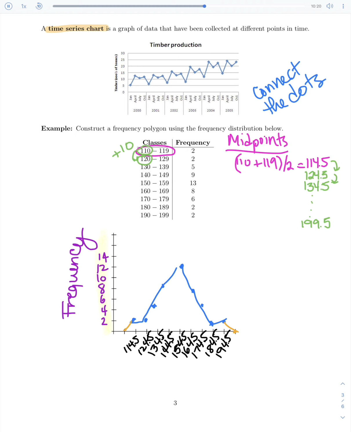The only difference would be if they wanted a relative frequency polygon instead of a frequency polygon, we'd be finding the relative frequencies and putting them on the y-axis instead. But it would actually still end up being the exact same shape. Take a look at this next example. We've got a